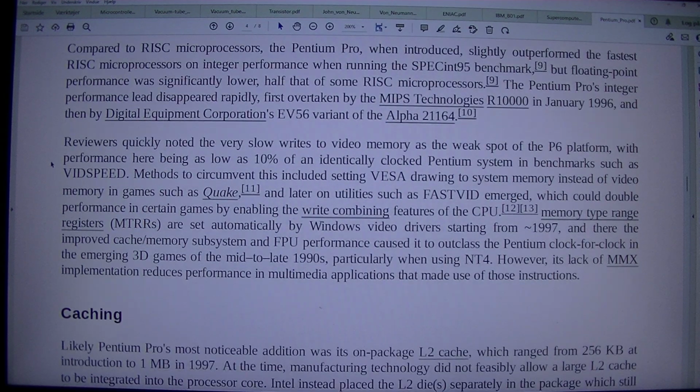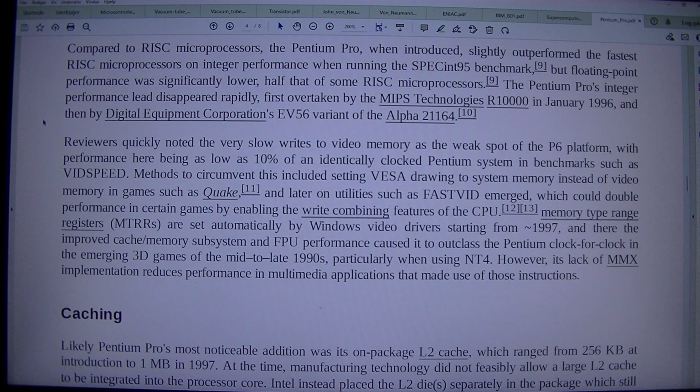Compared to RISC microprocessors, the Pentium Pro, when introduced, slightly outperformed the fastest RISC microprocessors on integer performance when running the SPECint95 benchmark. But floating point performance was significantly lower, half that of some RISC microprocessors. The Pentium Pro's integer performance lead disappeared rapidly, first overtaken by the MIPS Technologies R10000 in January 1996, and then by Digital Equipment Corporation's EV56 variant of the Alpha